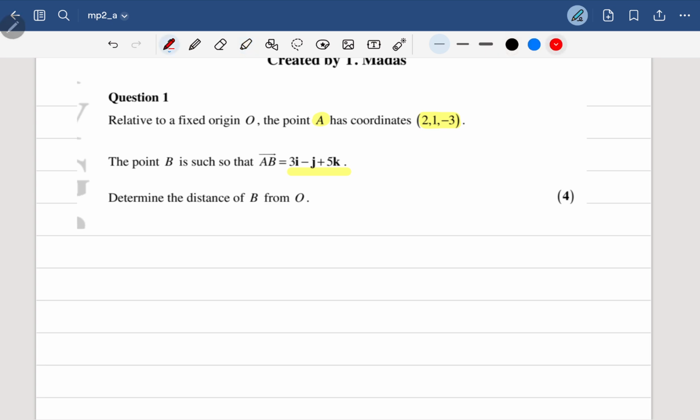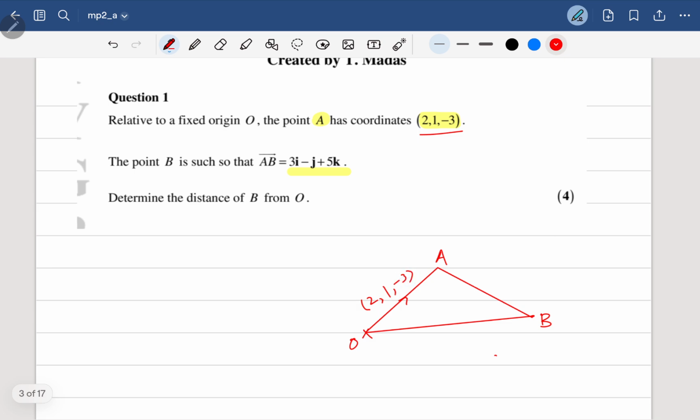So if we consider the origin O, and the point A over here and the point B somewhere here, and we connect them like that, then since the position vector OA has the coordinates 2, 1 and -3, so this vector is 2, 1 and -3,